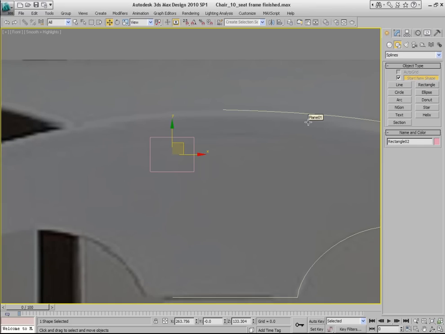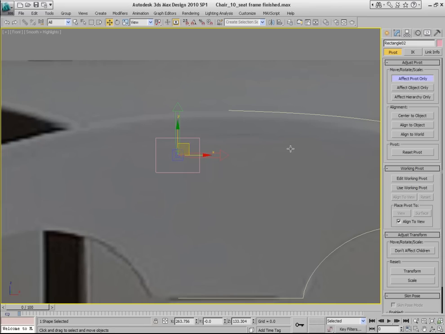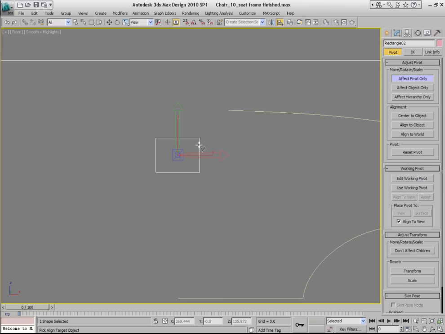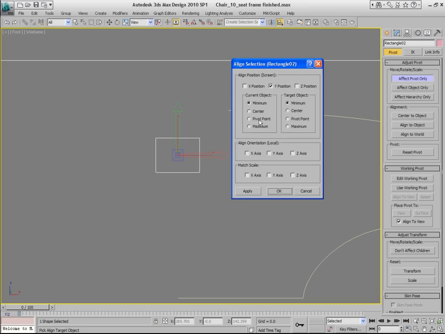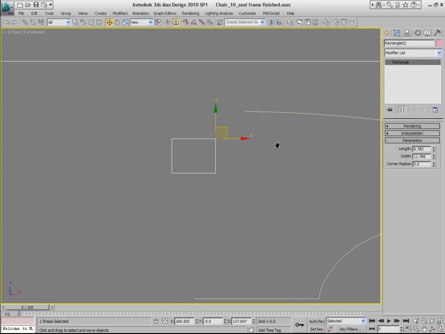Now the first step would be to reposition the pivot point of this object. So go to Hierarchy Panel and go to Affect Pivot Only mode, and now whatever you do, you will be applying all these manipulations to the pivot point. Now you want to use the Align tool and align the pivot point of this object to the very top right corner of this object. So let's use this Align tool and tell it that we want to align the pivot point to the maximum value of the X and Y position of this object. So click OK, and you see we repositioned the pivot point of this object to the top right corner of it. So exit from Hierarchy Panel and now